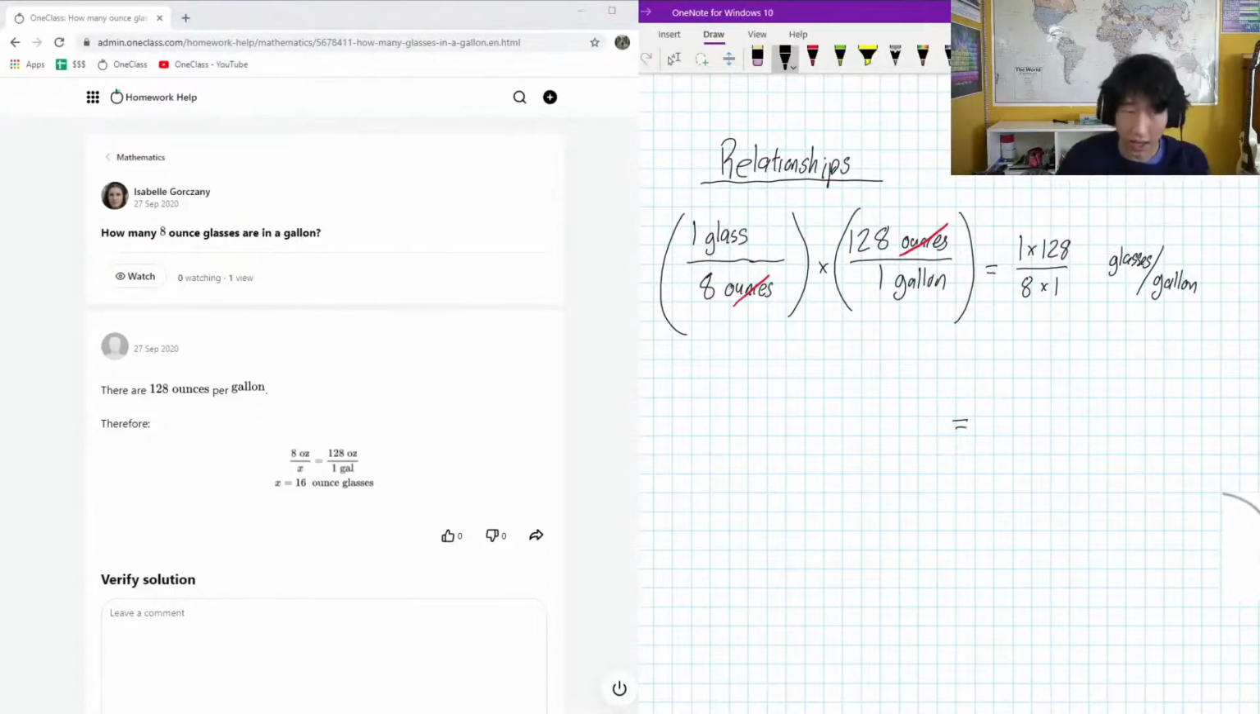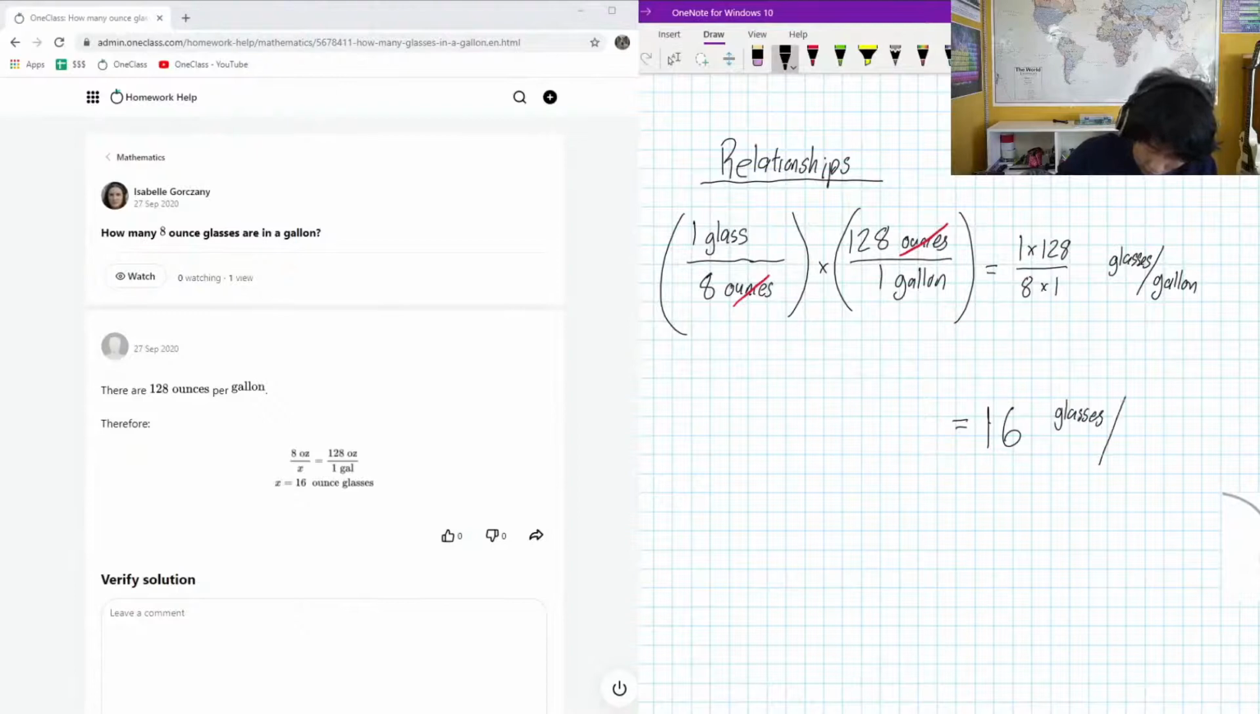And to do this calculation fast, 128 divided by 8 is 16. Sounds reasonable, because 8 times 8 is 64, and 64 times 2 is 128. Makes sense to me. So this has to be 16